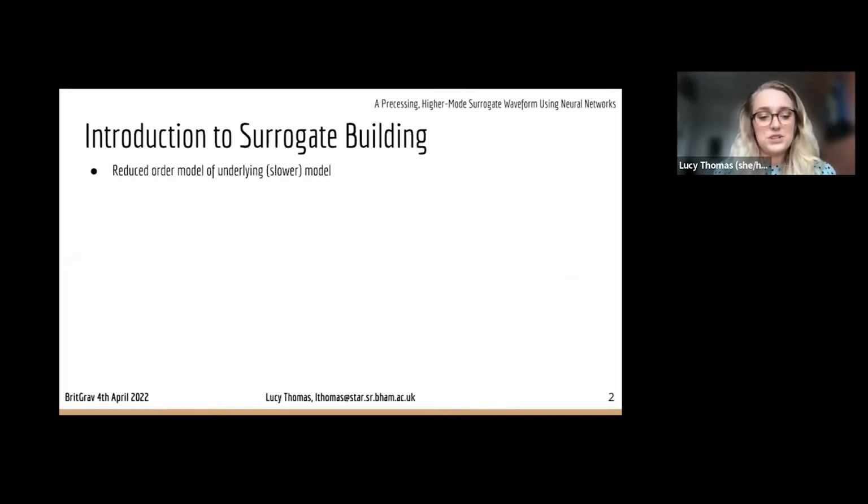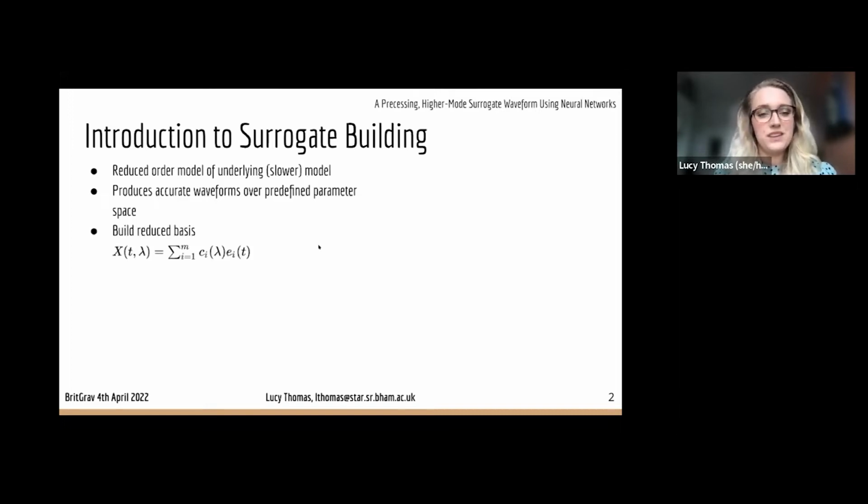A surrogate model is a reduced order model of an underlying slower model. It will typically be built over a predefined parameter space of masses and spins, and within that parameter space, it will produce waveforms which are really accurate to the ones produced by the underlying model, but with a much faster evaluation time. The first step to building a surrogate model is to define a reduced basis, because we assume that